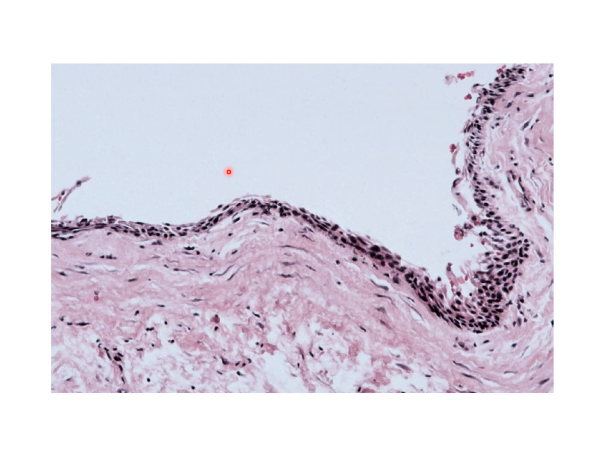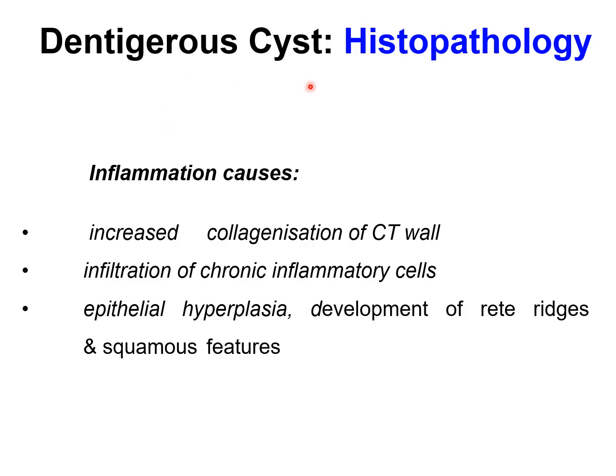So these are some of the features of dentigerous cyst when there is no inflammation. If a dentigerous cyst develops inflammation due to infection, there would be several changes observed. Firstly, the connective tissue wall will show increased collagenization and it would become thicker. Secondly, there would be infiltration of chronic inflammatory cells in the connective tissue wall, and there would be evidence